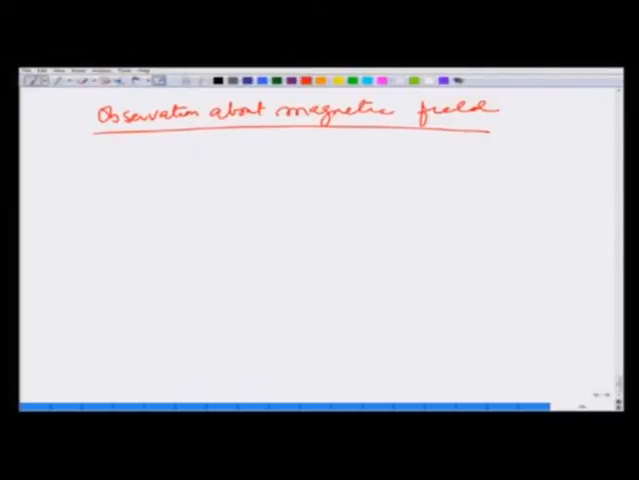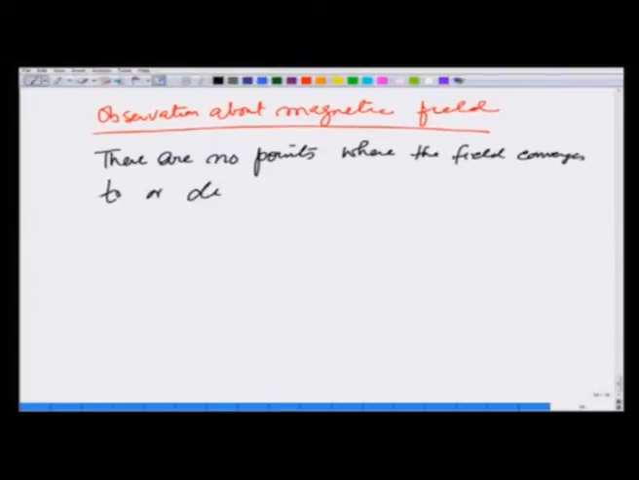So, that is one. The other thing which is observed about magnetic field is that there are no points where the field converges to or diverges from. That means, although in the electric field you saw a charge q gave you field line like this, in magnetic case you never find a point where it happens. Magnetic field lines always close on each other,